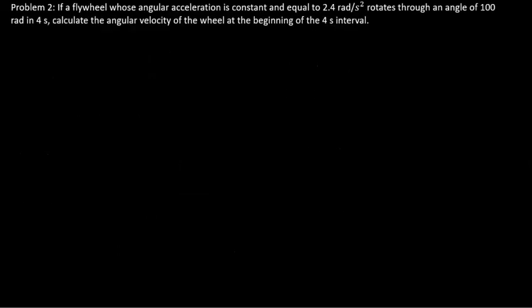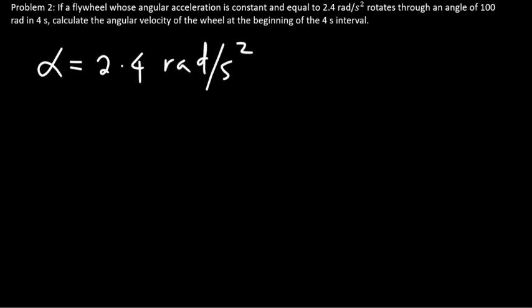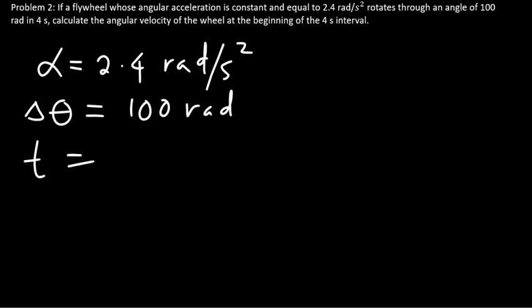Problem 2. If a flywheel whose angular acceleration is constant and is equal to 2.4 radian per second squared rotates through an angle of 100 radians in 4 seconds, calculate the angular velocity of the wheel at the beginning of that 4 second interval. So the information we have is, we know alpha is 2.4 radian per second squared. We know the angular displacement is 100 radians. The time interval is 4 seconds,